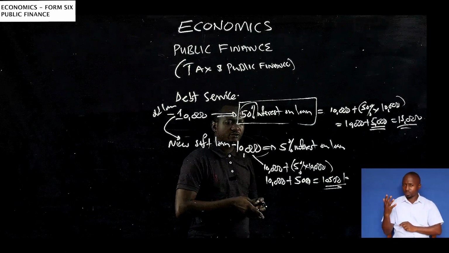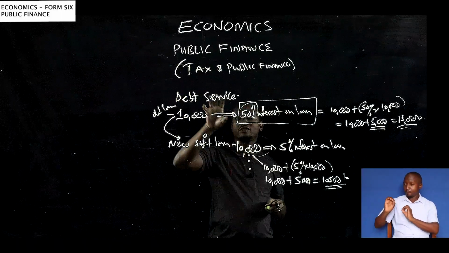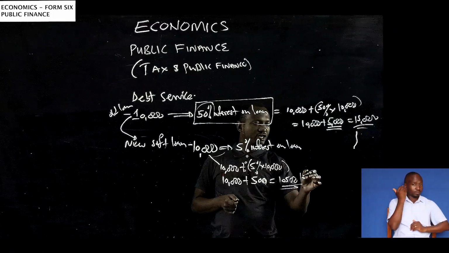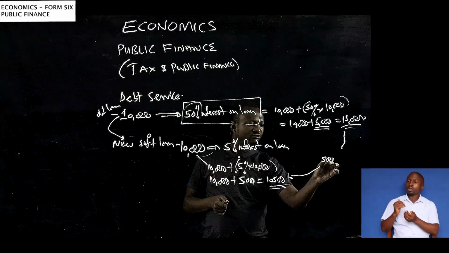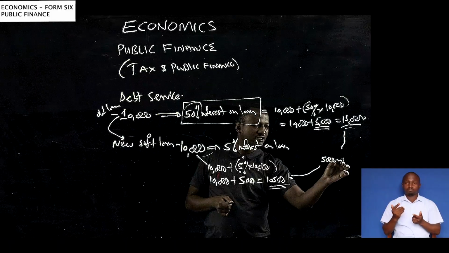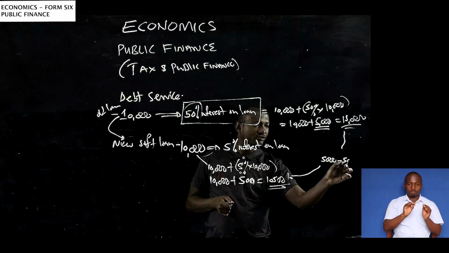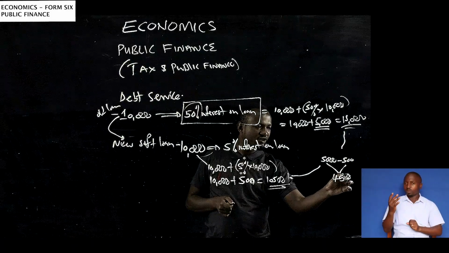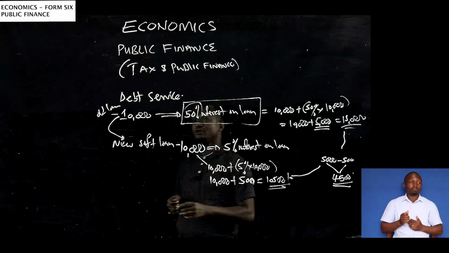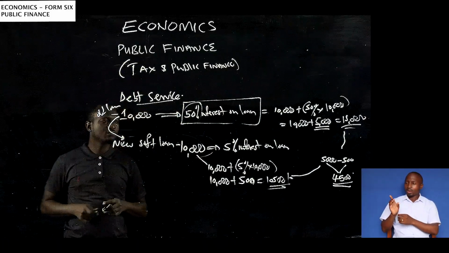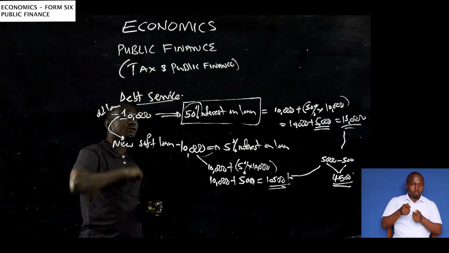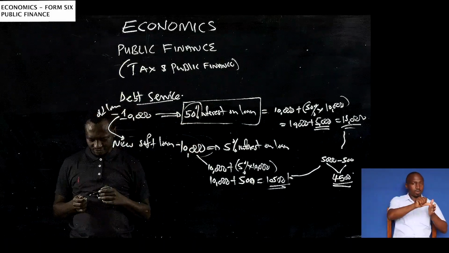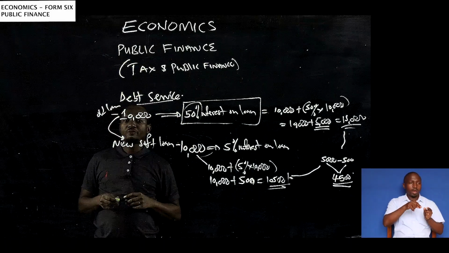So by taking this new soft loan to pay the old loan, the government is now able to avoid 5,000 minus 500. The government is able to save 4,500. That's why we use debt service. We take a new loan with low interest and pay back the old loan with high interest to avoid the high interest rate. And another point